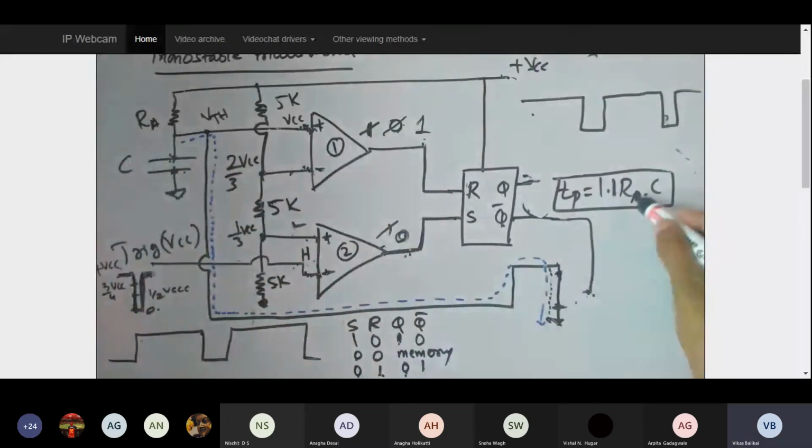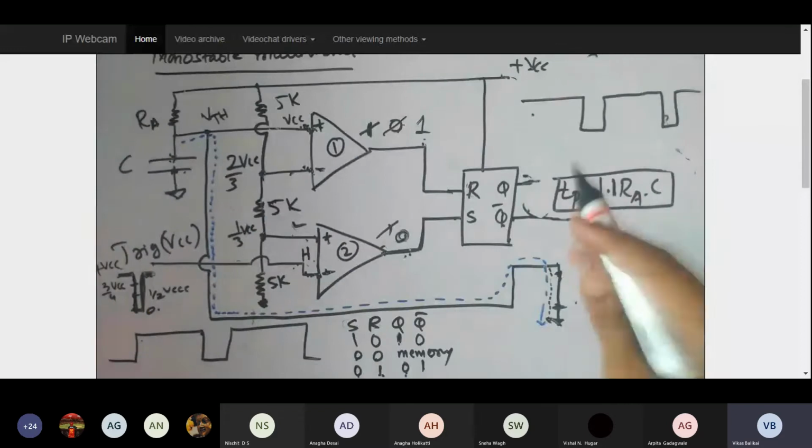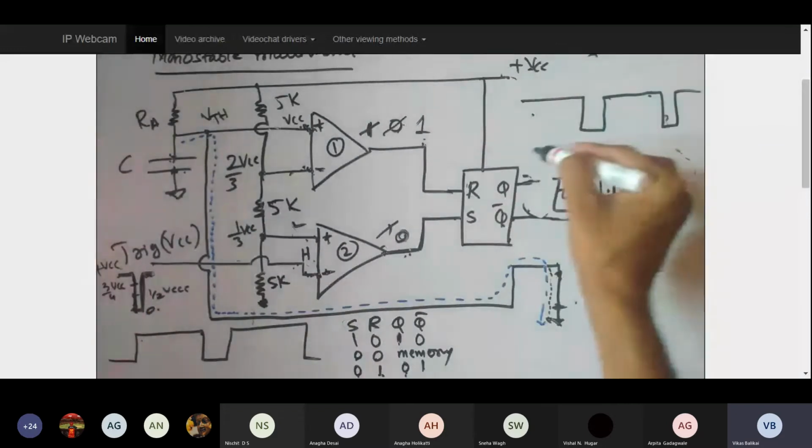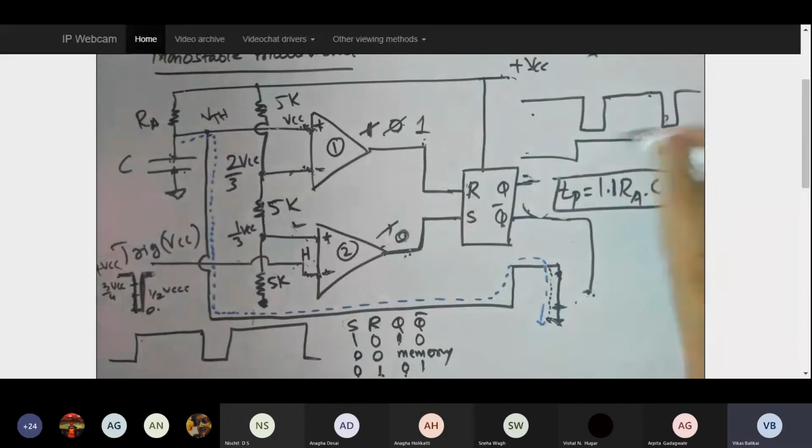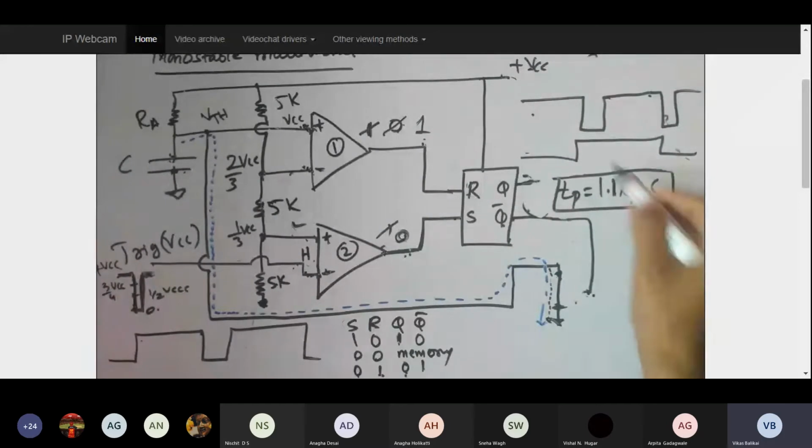So the R and C network charging mechanism will decide this particular pulse duration or the output duration. If I want less output or an exactly square output, you just alter this R and C, specifically this R. If I want the output voltage to be highest for a longer duration of time, again you try to play with this R and C. So this is how my monostable multivibrator is going to perform with respect to a given trigger and VCC inputs. I hope the concept is pretty clear now. So let's just move on to the next one.